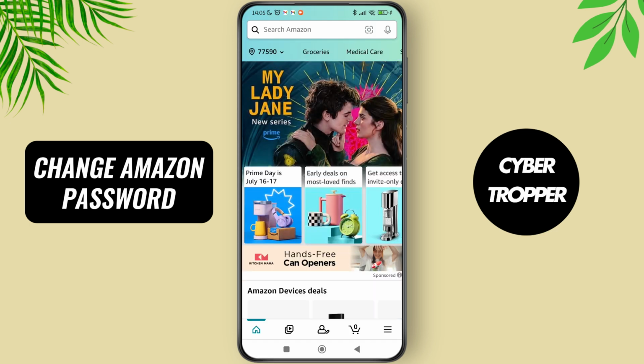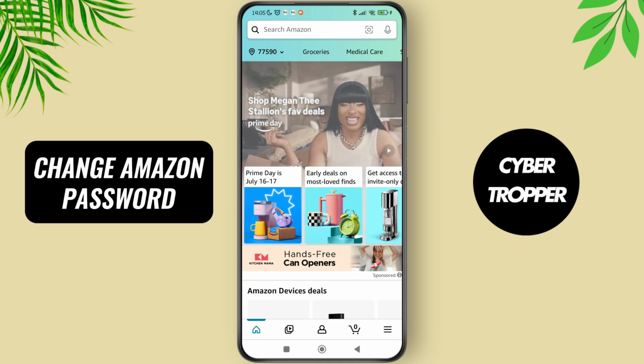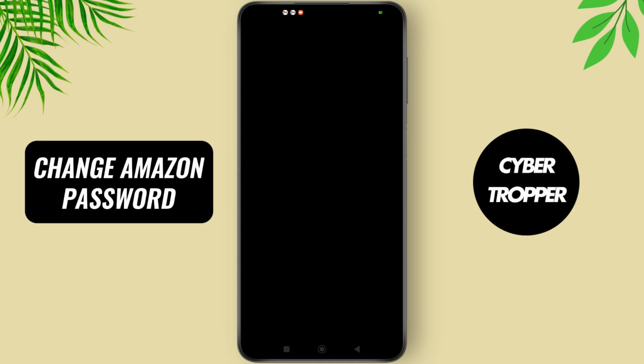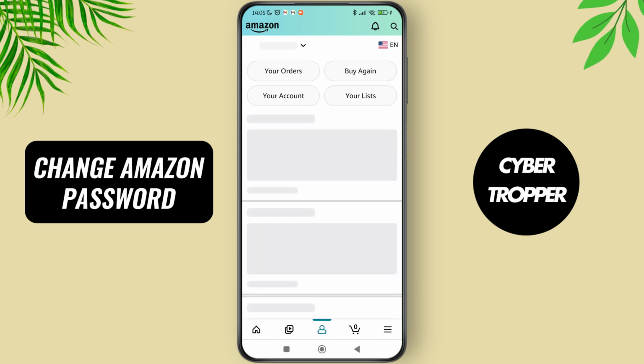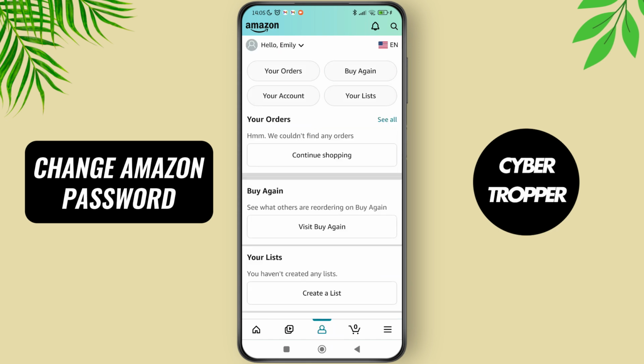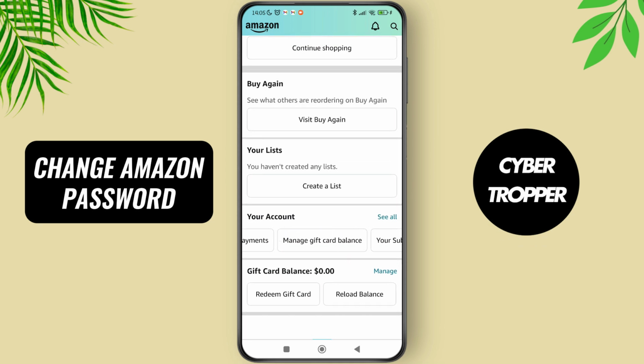And if you want to change the Amazon password, what we have to do is just tap on the three icons at the bottom line corner of the screen, and you can see different options. You can also tap on the middle profile icon over here and you'll be able to see different options over here. Now just scroll down and tap on your account, so you can see different options over here. You just have to tap on see all